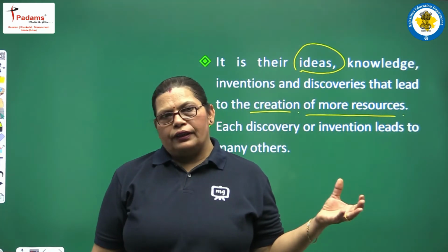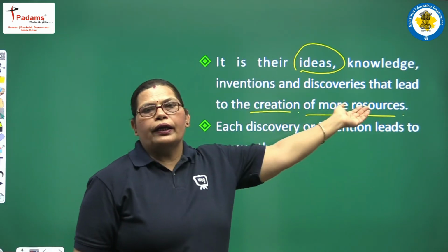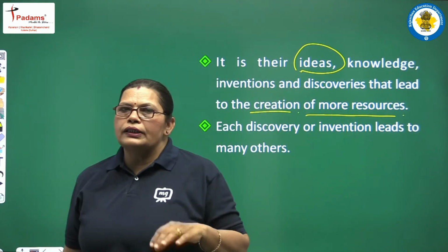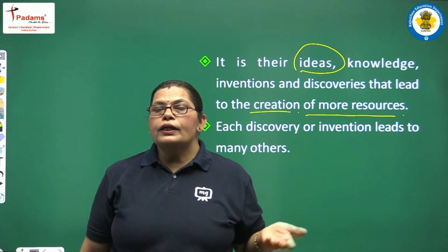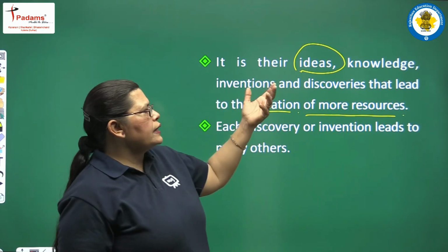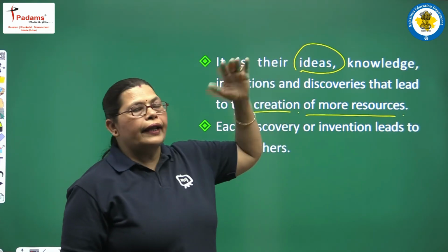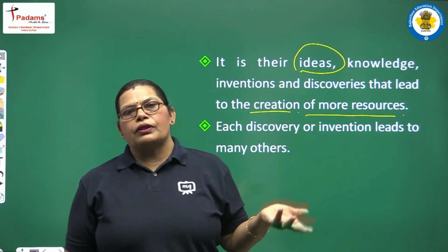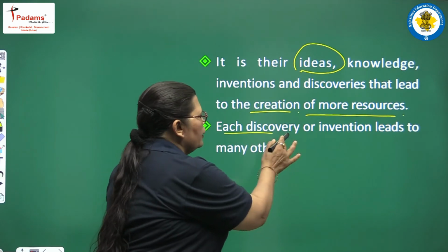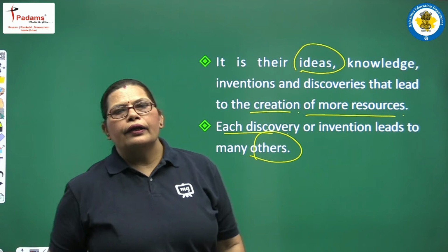आइंस्टीन की नॉलेज थी और उन्होंने आविष्कार कर दिया. ऐसे ही बाकी आविष्कार किससे हो रहे हैं, न्यू इनोवेटिव आइडियाज, नॉलेज and inventions and discoveries, more and more discoveries from the human resource. So all these are considered as more resources. Human resources are also included because the main ideas, main knowledge, main inventions, main discoveries, all are by the human resource. Okay, each discovery or invention leads to many other discoveries or इन्वेंशन.